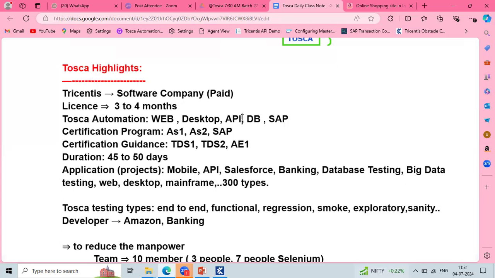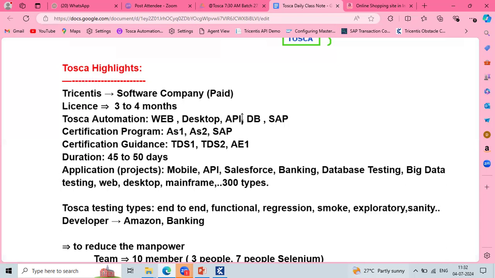Are we just providing request and response kind of training, or do you get into some deep level? Yeah, I'll completely give an end-to-end introduction to API testing, then how we do API testing using Tricentis Tosca. I'll give you practical examples.